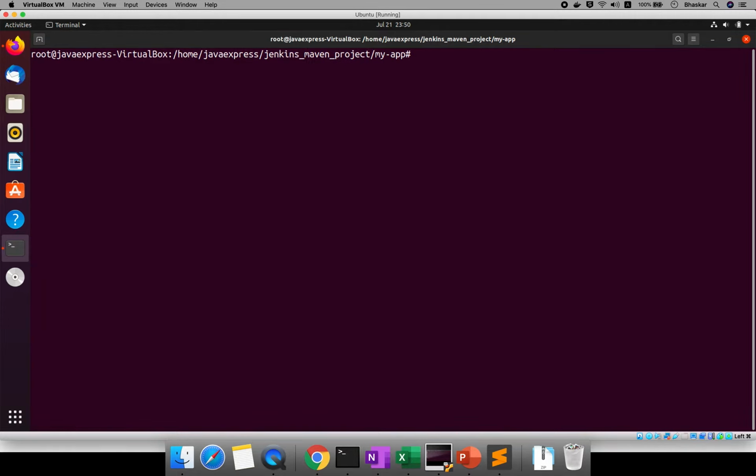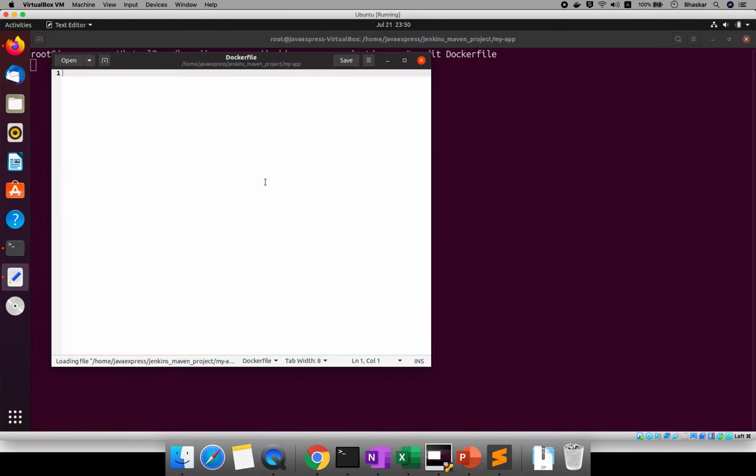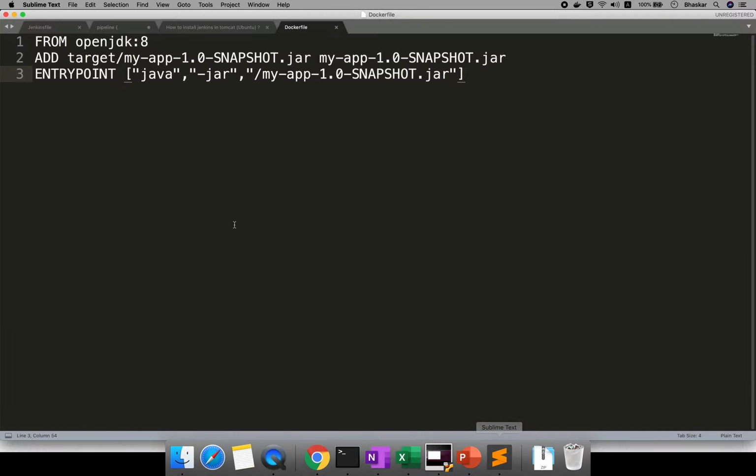So what is my requirement? If you want to convert your jar file into a Docker image, you need to create one Dockerfile. The file name should have a capital D. I will use the touch command to create the file. Otherwise, you can create it with gedit Dockerfile. One page will open. Here you need to write some commands. I already have those commands, and I will explain them to you. Let me copy and paste these commands here.